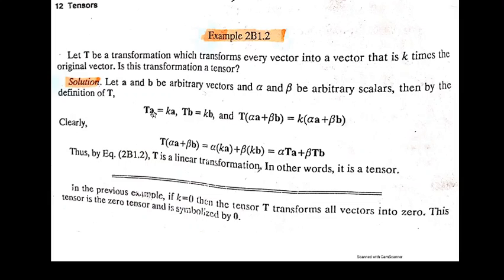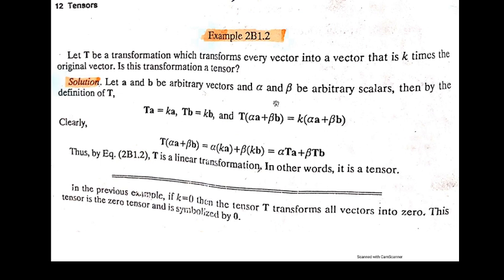A is the vector which is being transformed, and also T of B is equal to k times B. Now we will have to check both properties. Either you can check with the help of this equation or these two equations. So if you want to check with the help of this equation,